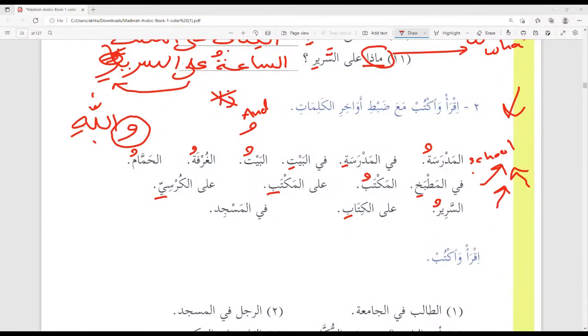Again. في المسجد. نعم. ما معنى في المسجد؟ In the mosque. نعم. جيد. So